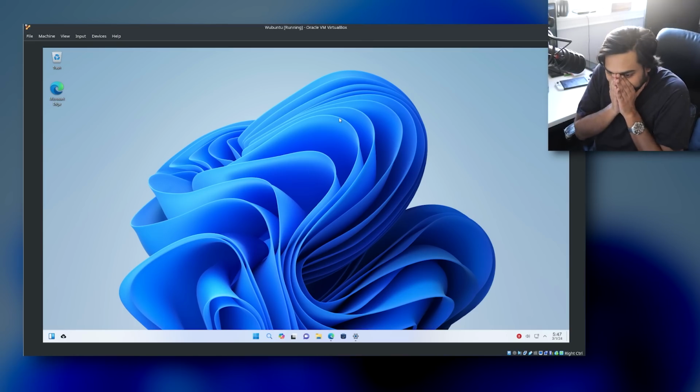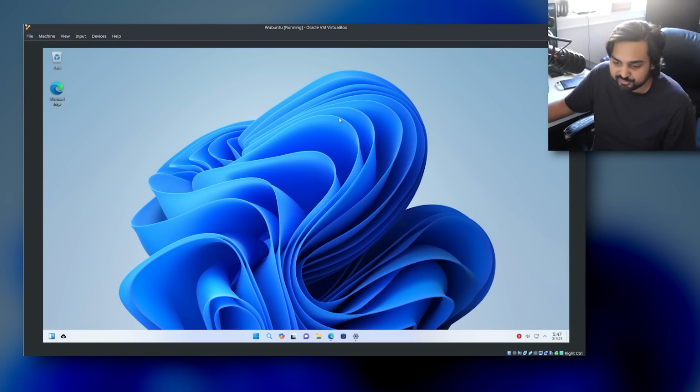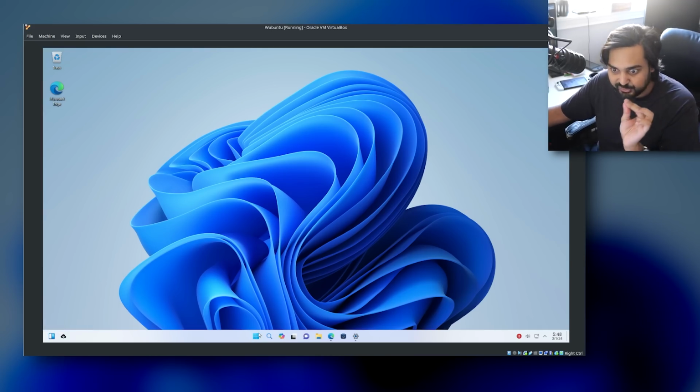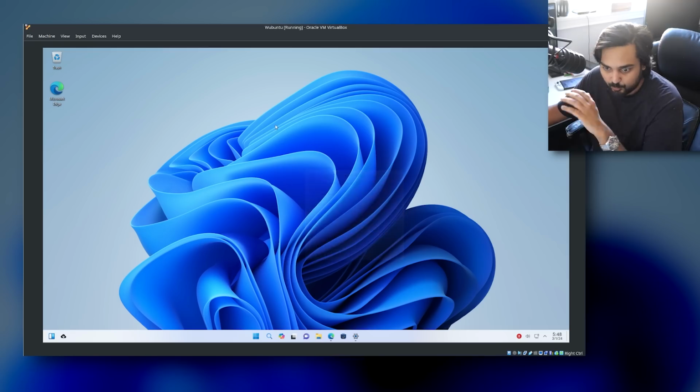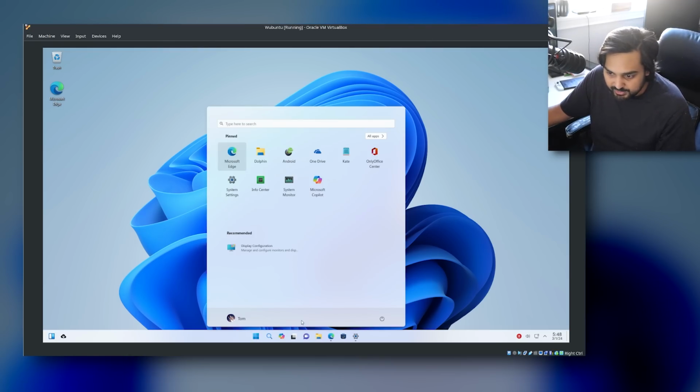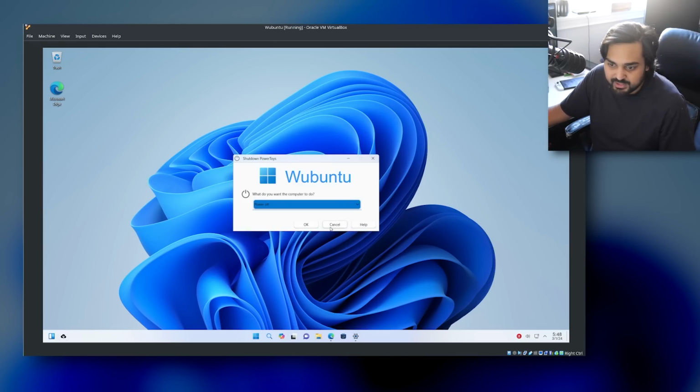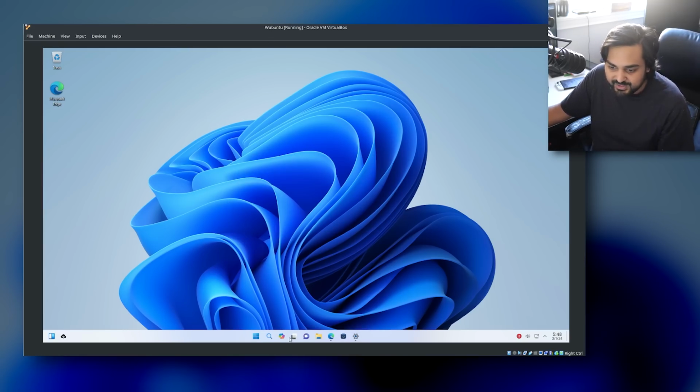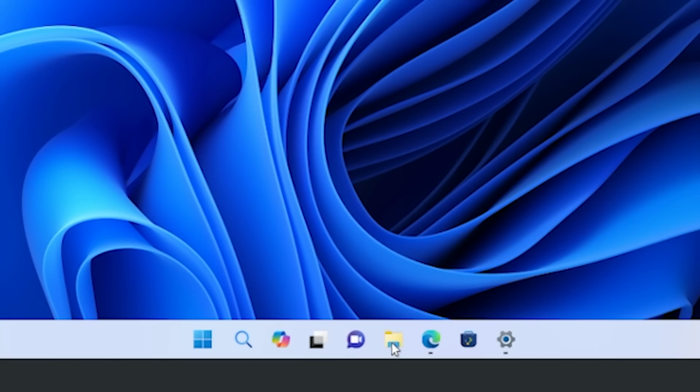So I installed Wubuntu, I got it all set to go, and if you're looking at it right now, boys and girls, this looks dangerously close to Windows. It's insane. Like the wallpaper, not even that. I mean, the wallpaper is a wallpaper. Anybody can do that. But the actual Windows button, the user interface, this is by far about as great as it gets. It's got like the perfect theming and everything. You've got like chat applications.